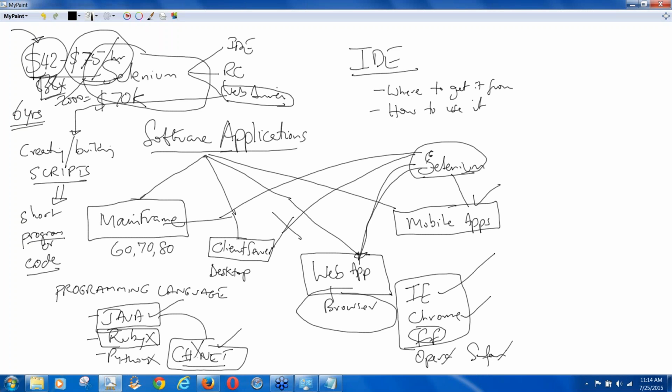And the next 7 classes are going to be learning about how to create what? The end product that we will be creating is frameworks. We will be creating excellent Java frameworks for Selenium. That's going to be our objective. So if I don't know anything about Java, how can I even go and create these frameworks? You have little support, or I shouldn't say little, you have a lot of support